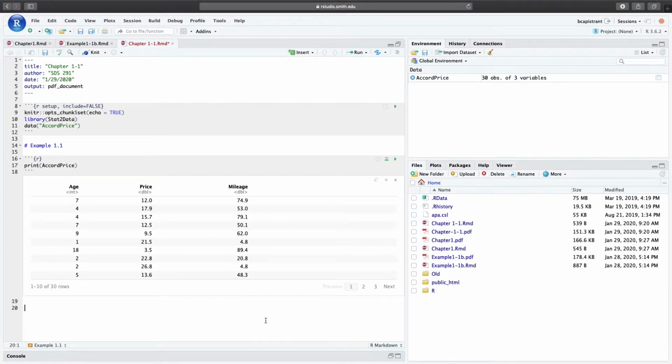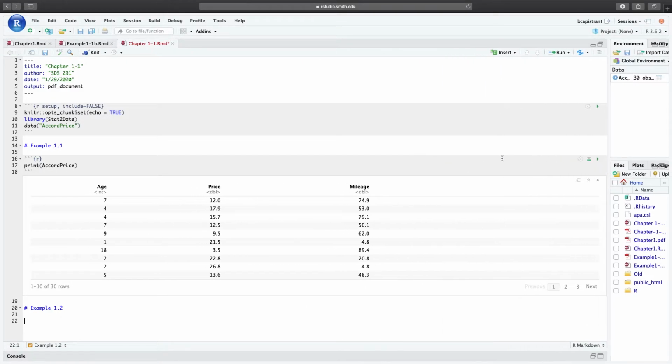So I want to go through then, after example 1.1, we have example 1.2, which is to create this scatter plot of the relationship between price as a response variable and mileage as the explanatory variable. So I'm going to add in here, I'm going to make this a little bigger. I'm